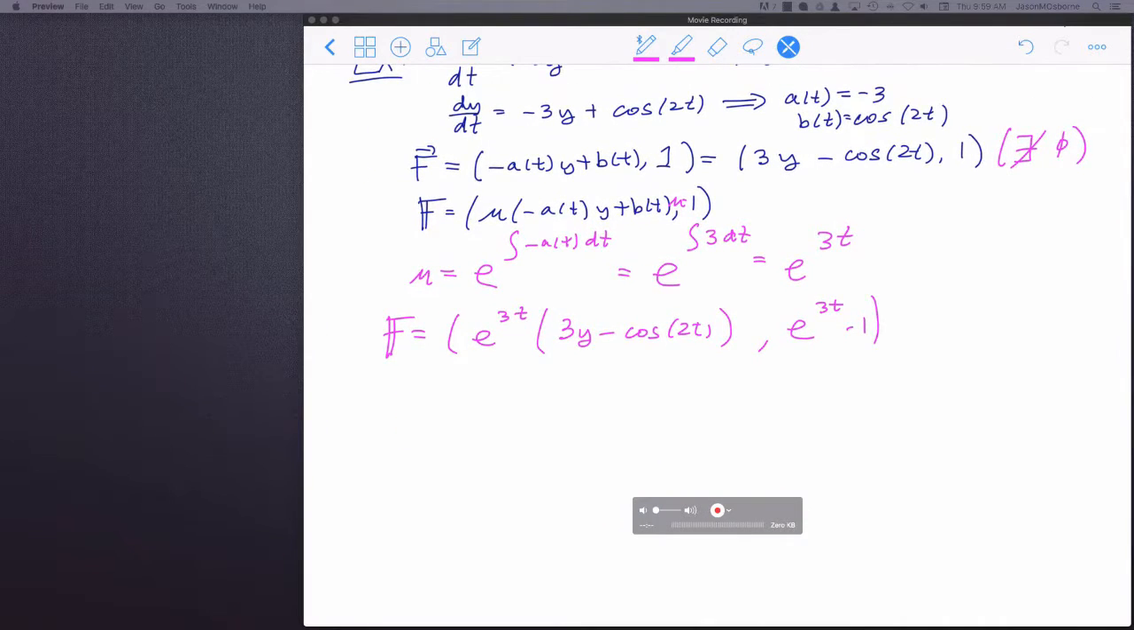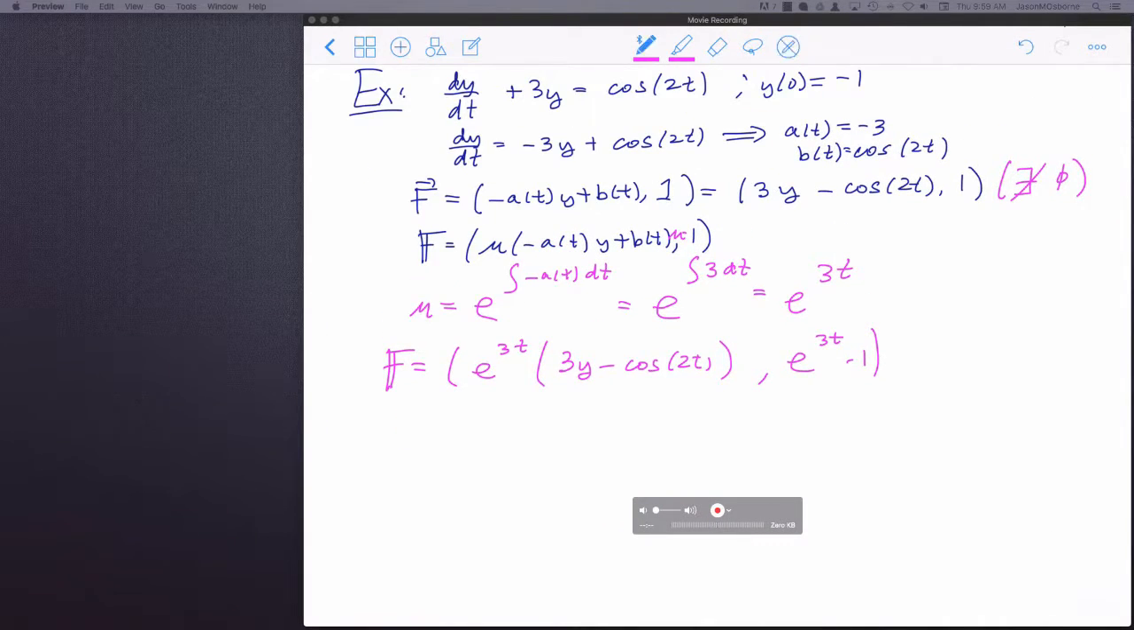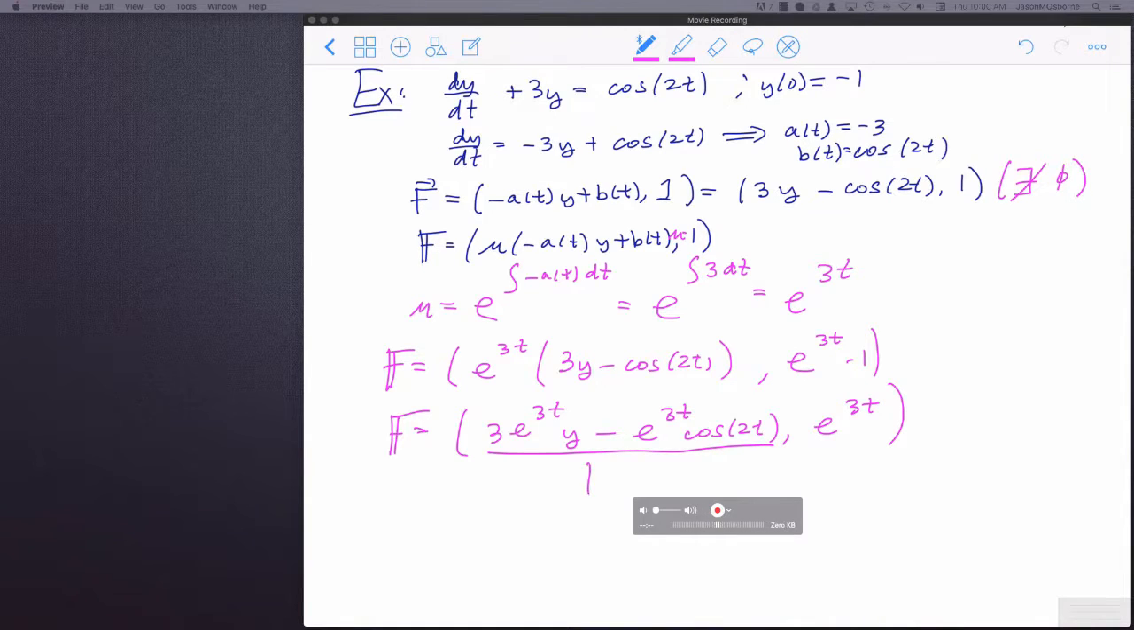Okay. Our new vector field f, I simplify a little step further here, f is equal to 3 e to the 3t y minus e to the 3t cosine of 2t, and e to the 3t. So here's our new function, capital T. Here's our new function, capital Y. Okay. And according to our potential function,